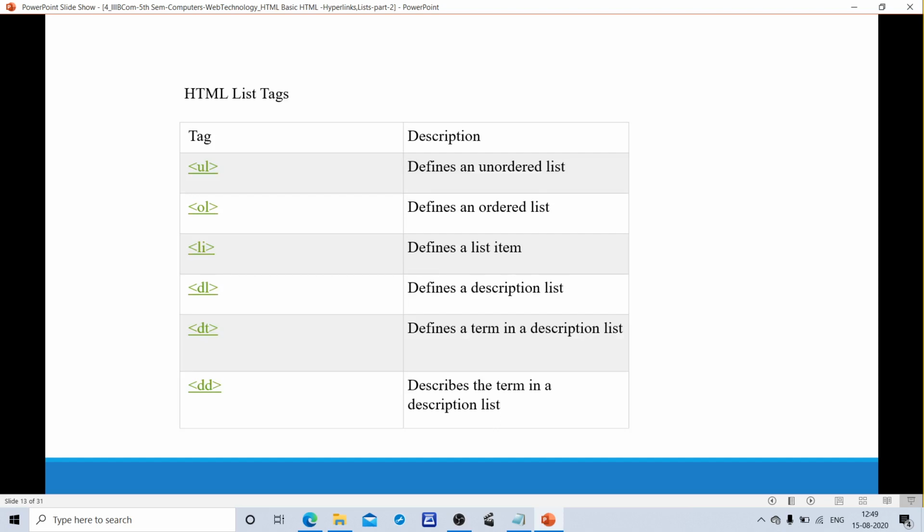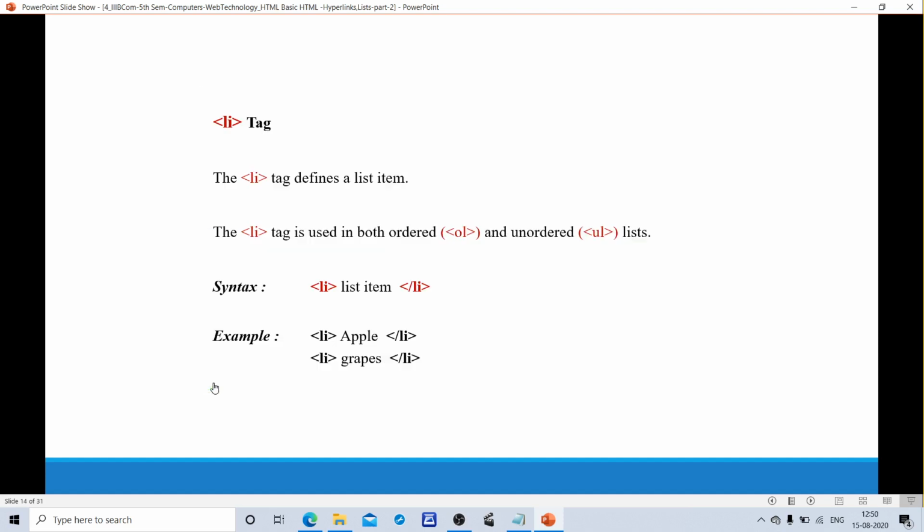The li tag defines the list item. The ul tag defines an unordered list. The ol tag defines an ordered list. The dl tag defines a description list. The dt tag defines a term in a description list. The dd tag describes the term in the description list.